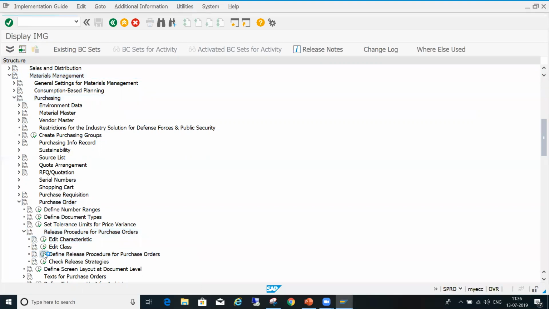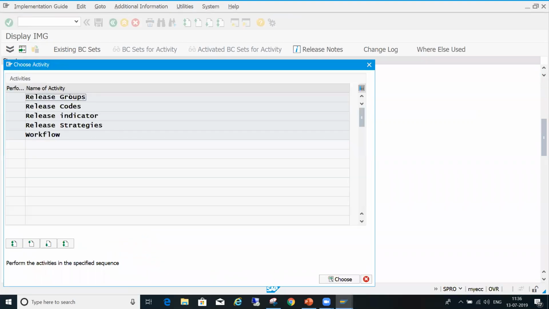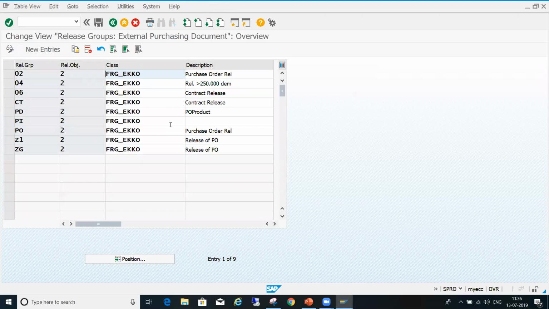Click here. You have to assign it to the group. Specifically, you create the characteristics, create the class, assign the characteristics to the class, and this class you assign to the release group. In the entry you have to tell it like that only.